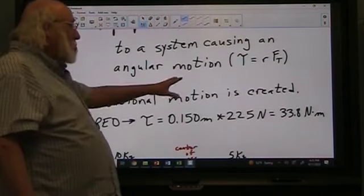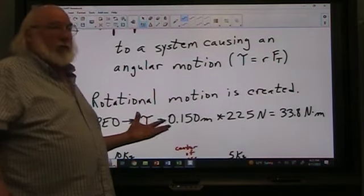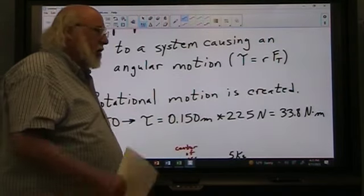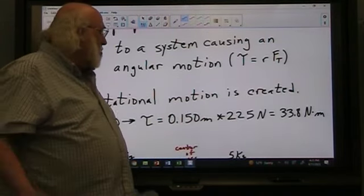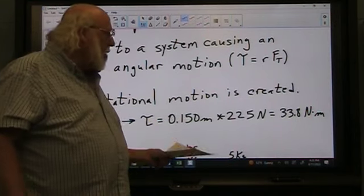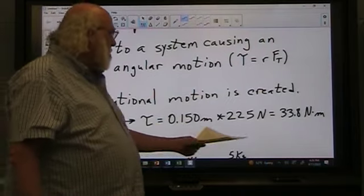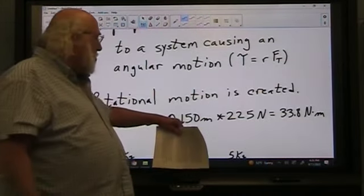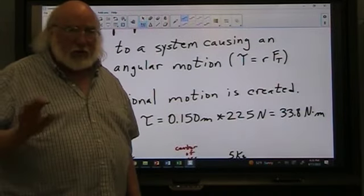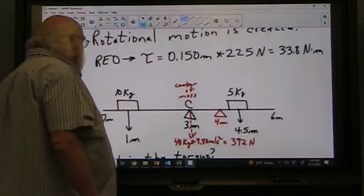So rotational motion is being created here. If you have watched that video of the REO Speedwagon, if the crank that guy used was a 15 centimeter crank, and it took 225 newtons to crank the thing, then the amount of torque that he has created, once we change the centimeters over to meters, is 33.8 newton meters, and newton meters is the label for torque. So in the example I gave you there,